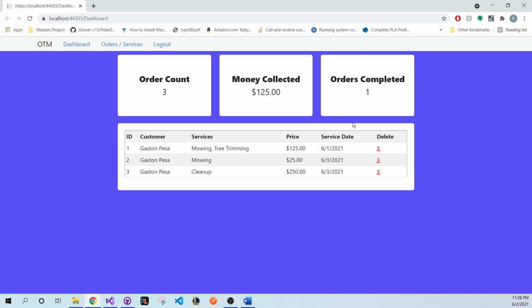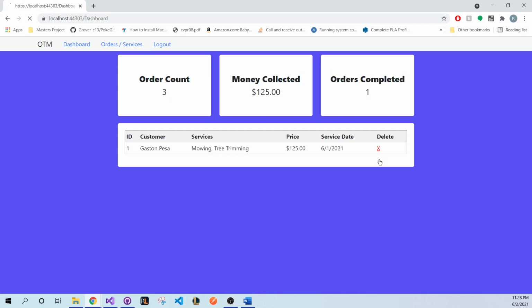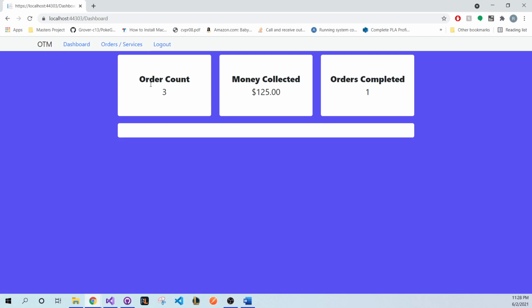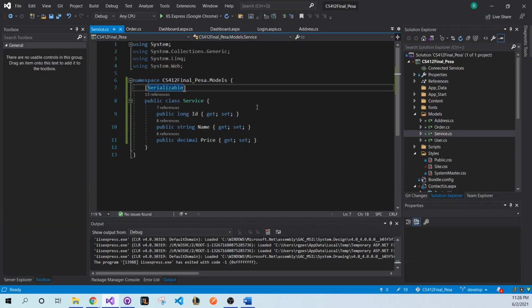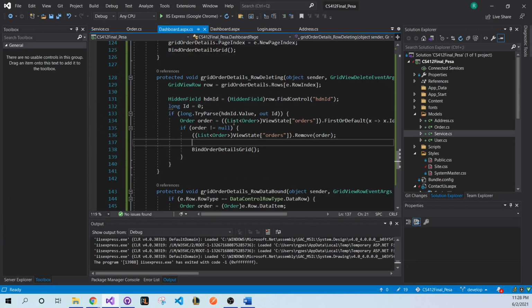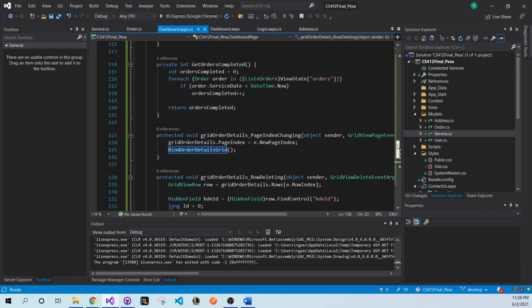Okay, so here we go. Once we do this, these should also change. Well, they didn't. These have to be refreshed. So anyway, that's how the table works. If you want those to refresh too, then whenever the delete happens, we need to